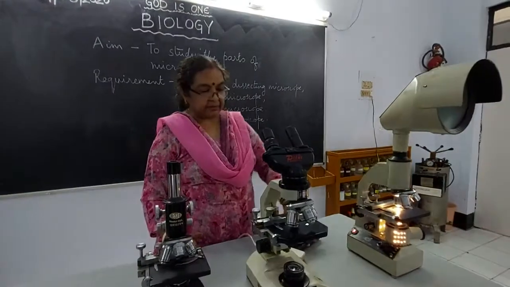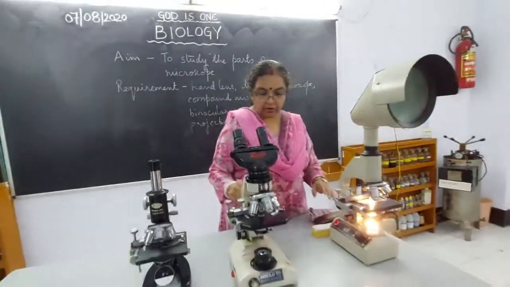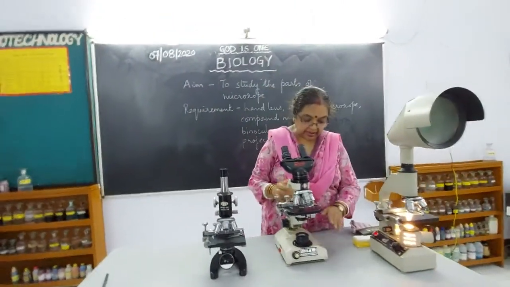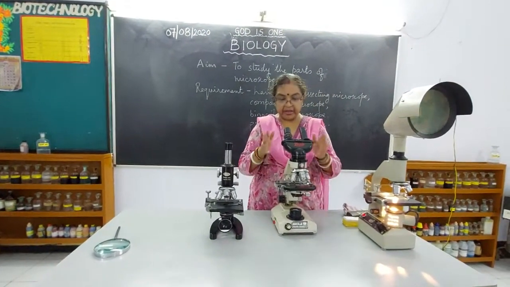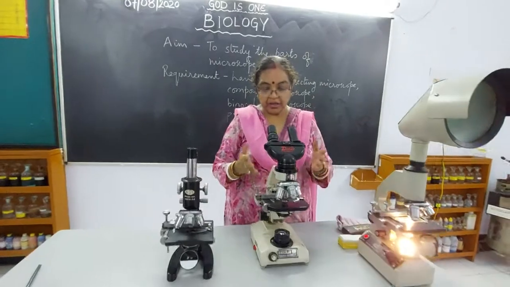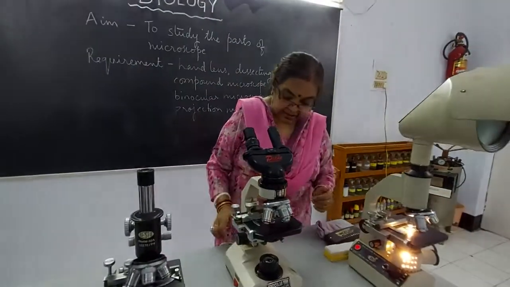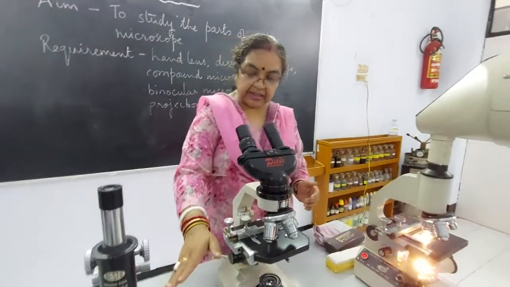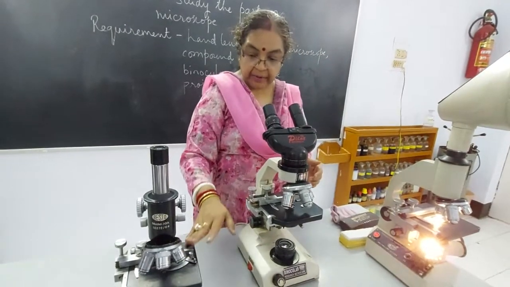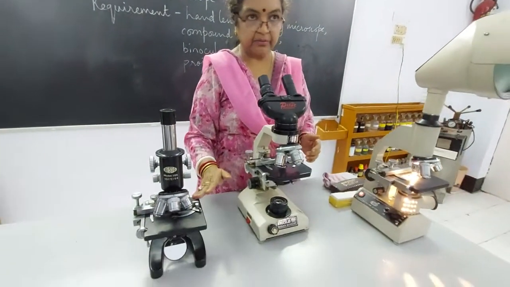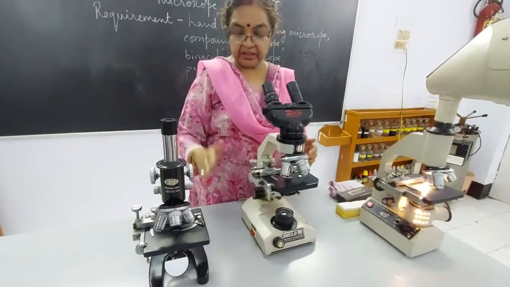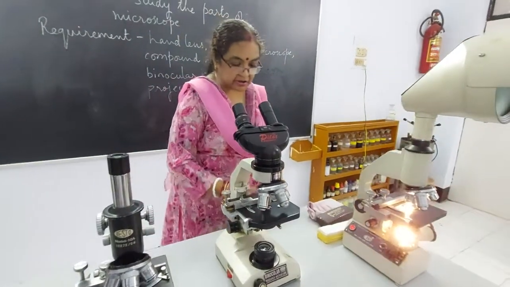Then next we come to this one. This is a more complex microscope, children. The same parts are here also, but certain things have been added to make it more useful. Now one thing you saw here, that for this we are dependent on the natural light. So we have to search for a place where we get maximum light, or we have to go near the window. But in this case it is not so.